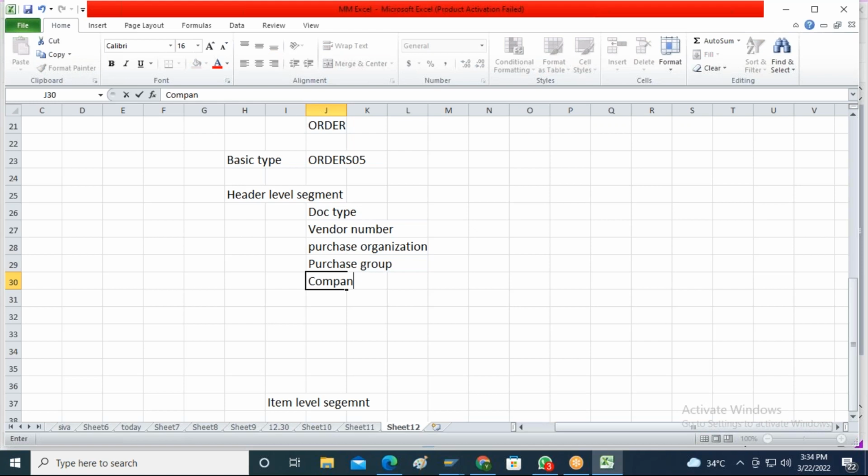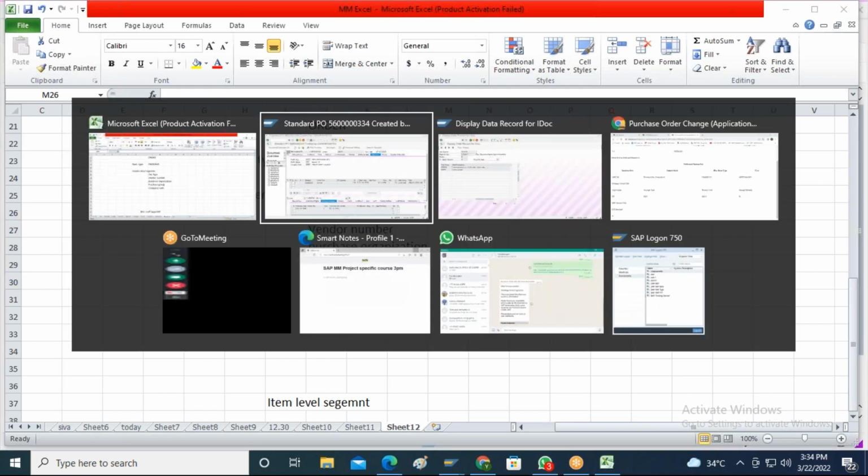So all these header level details I want to capture. When I am developing the IDOC functionality, I need to specify the technical field details for this particular document type and all those things. What is the header data table of the purchase order? The header data table of the purchase order is